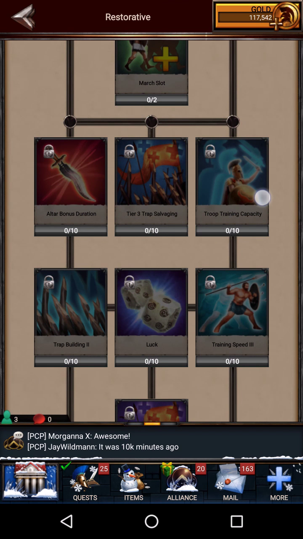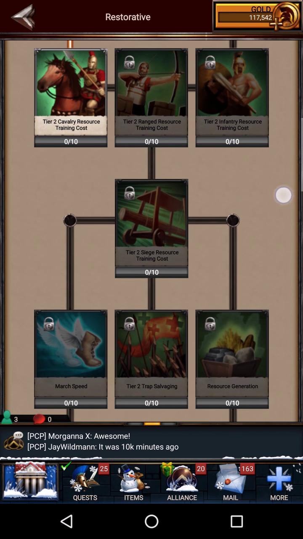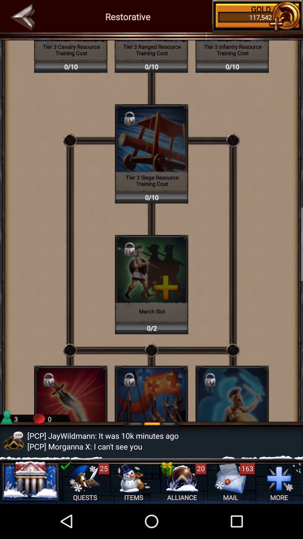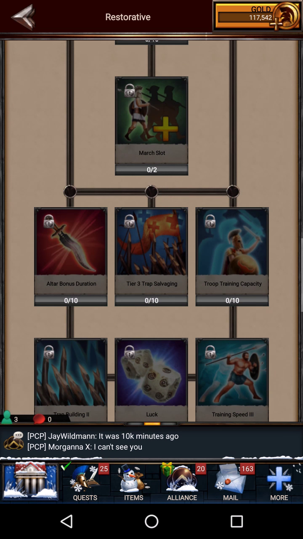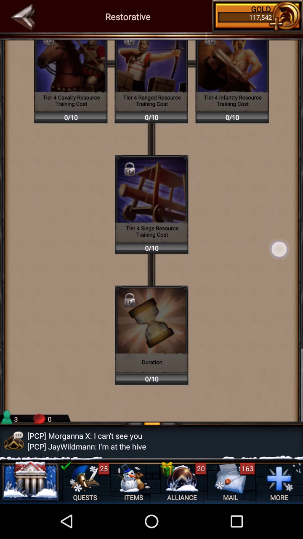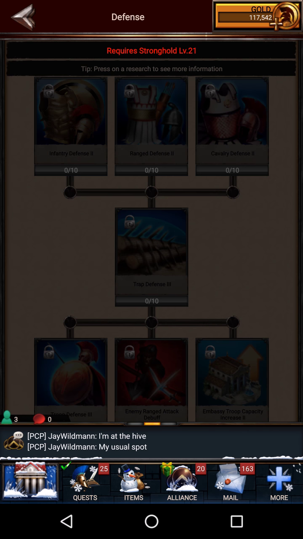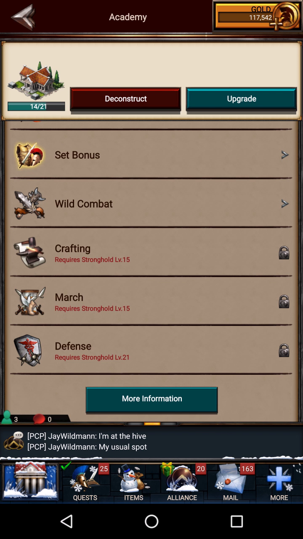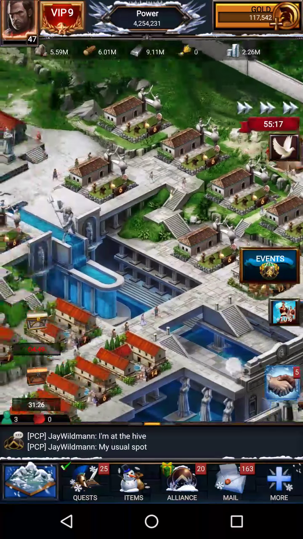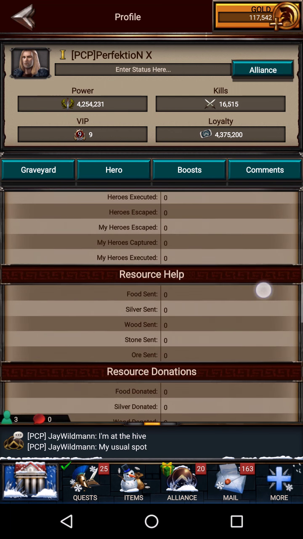But right here, where was I looking? I'm looking for this one particular research that's really important for us. It's the resource cost reduction, training speed, troop training capacity is pretty big. Okay, maybe it's not in this tree. Maybe it's in the defensive tree, but we can't see that yet because we haven't unlocked it. Anyway, there's a research in here that increases our hospital capacity. That's going to be pretty big for us. Again, I'm still sitting on the same setup. Basically, I'm sitting on...